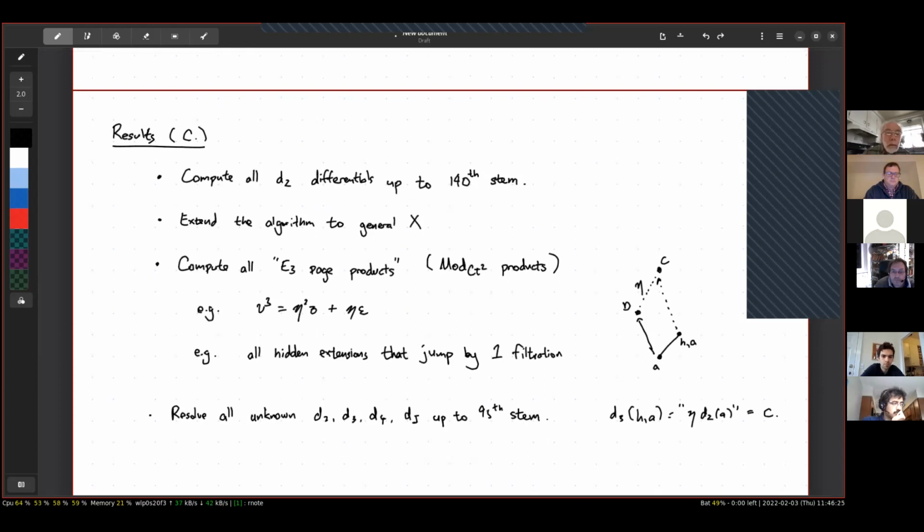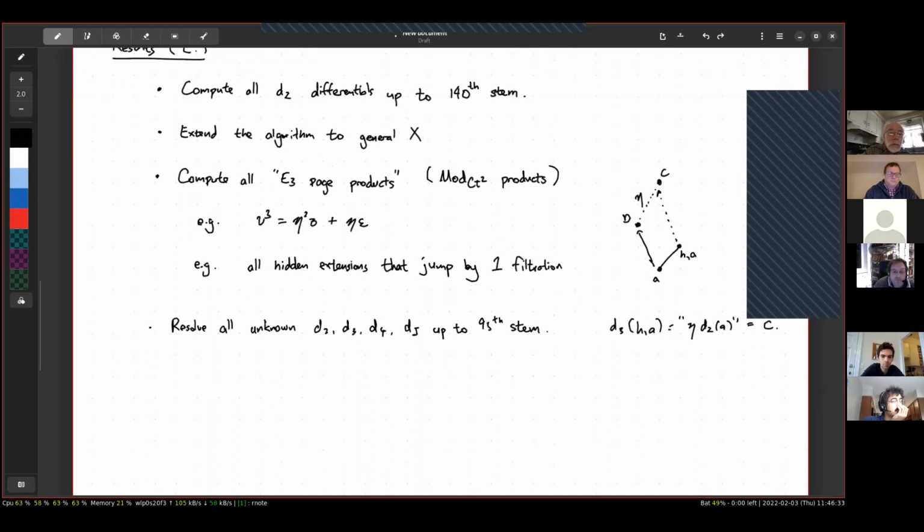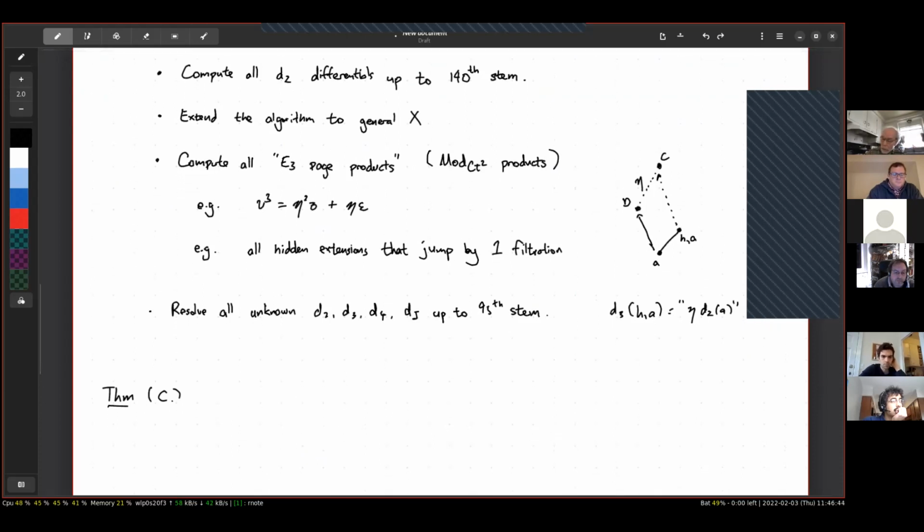So these are the computational results about how this thing works. There's also the theoretical part that underpins these calculations, why these computer calculations do tell you something about any spectral sequence. I'll just phrase this as a theorem. This theorem will use syntomic spectra, but if you're not familiar with them, I'll not really talk about it for most of the talk, so that will be fine. So the theorem is that there is